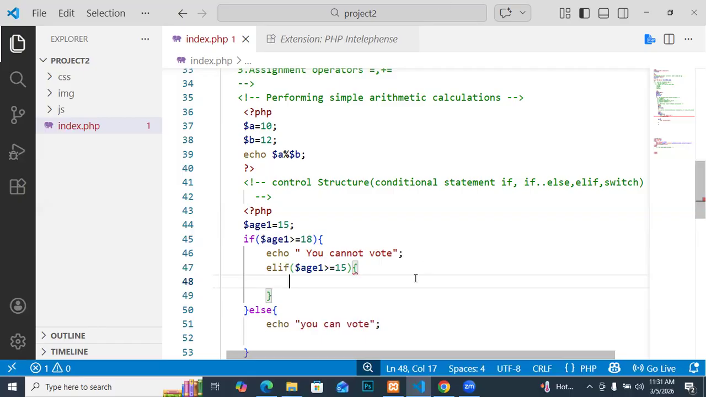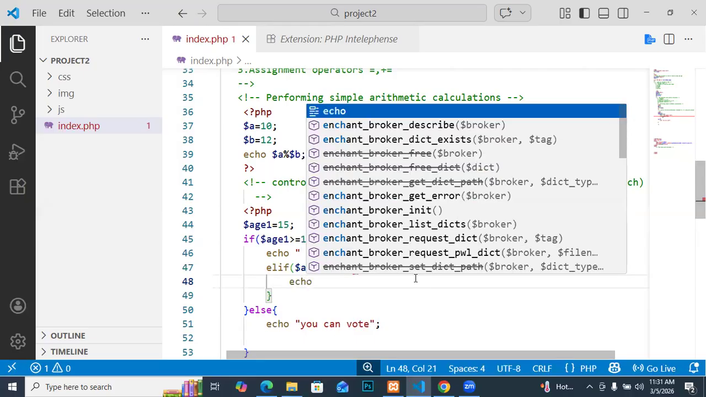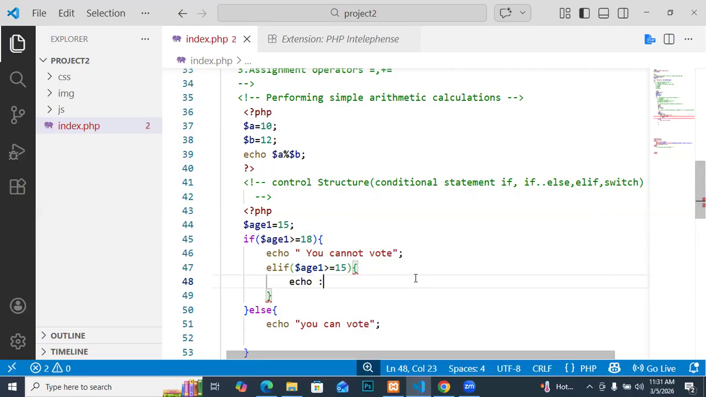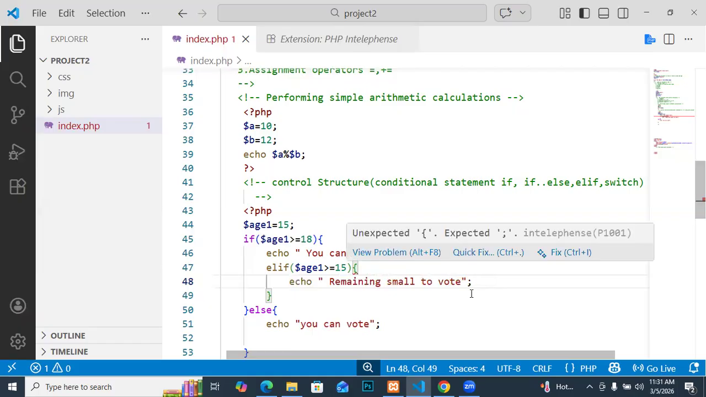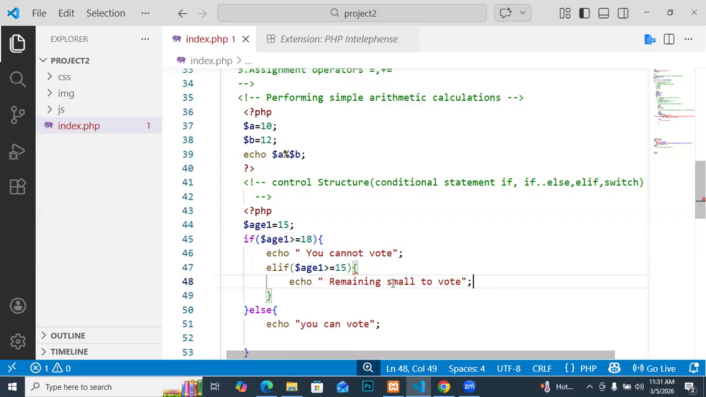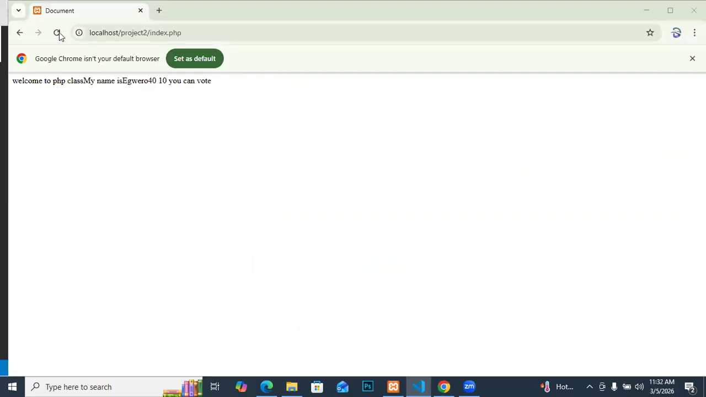So maybe this one is to echo. It should echo many small to vote. So I can create more options. So if I go to the front end now,